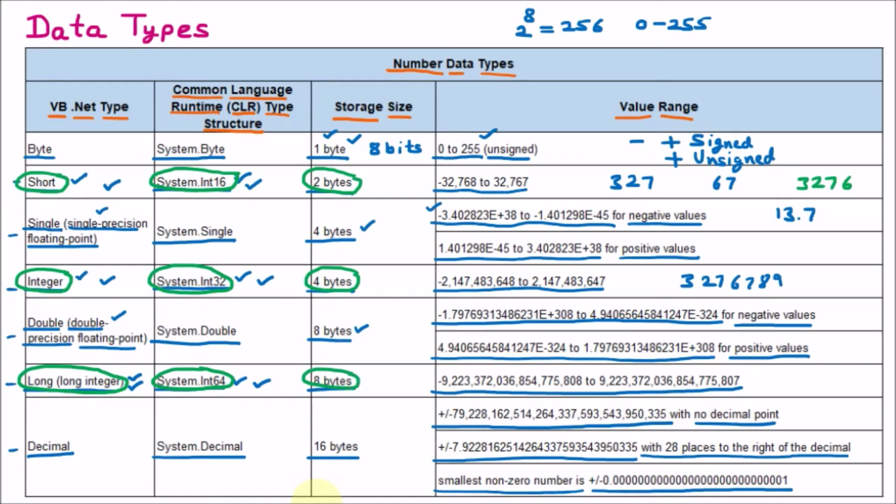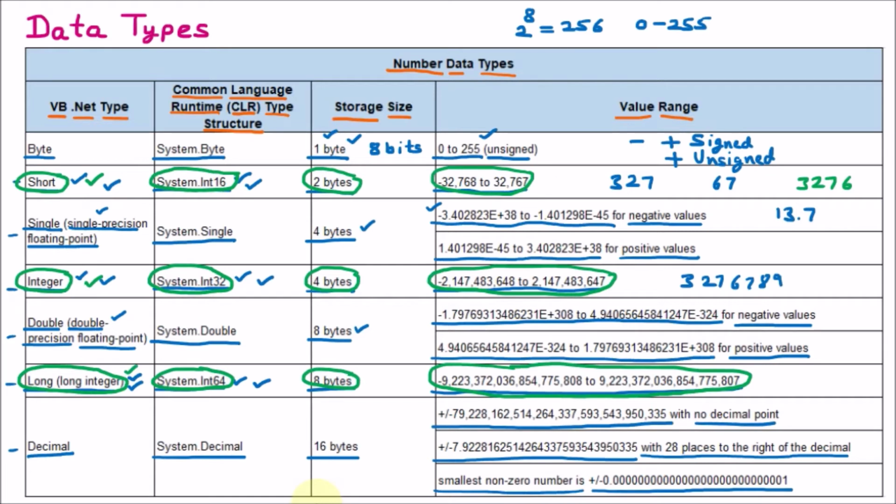This way they have even bigger ranges, because more bytes means more range. You can see that these are the ranges. Now it is totally up to you which to take. Let's say if I take long but it is not required, then I should not take it, because it will take unnecessary memory. You should take what your requirement is. If your requirement is small, let's say you want to make a small project, then short is enough. But if you are making a bigger project, then integer is good. If you are working with a bank, in the bank there can be money in the crores even, so long will be good for you.